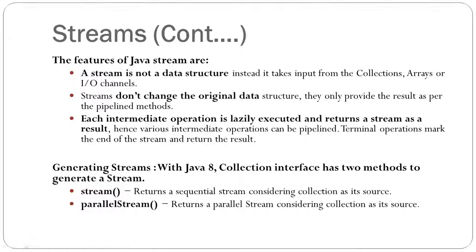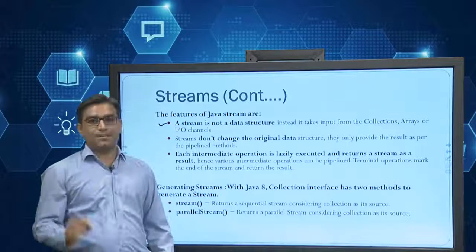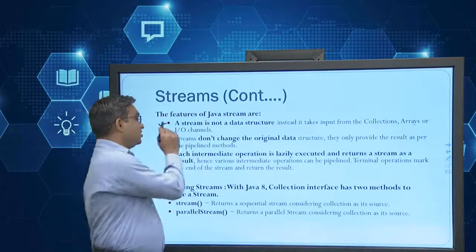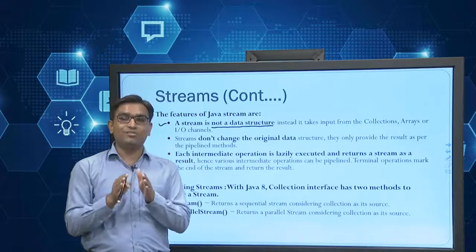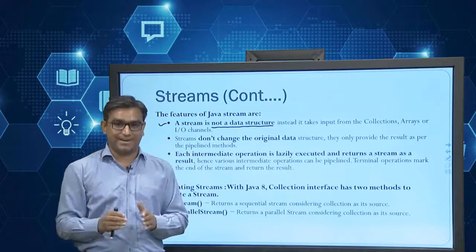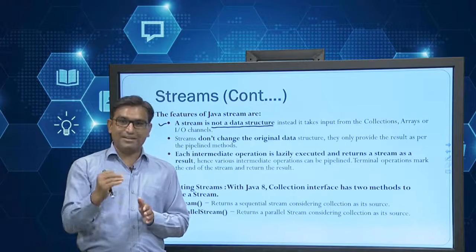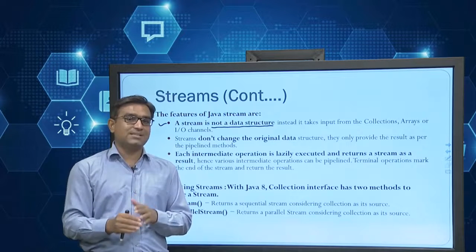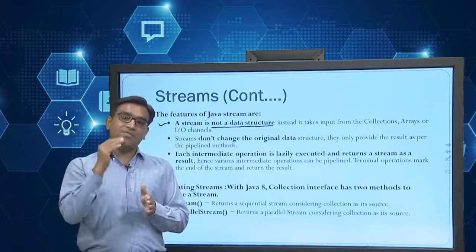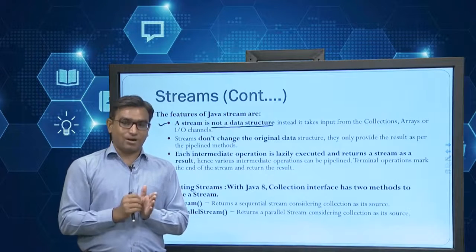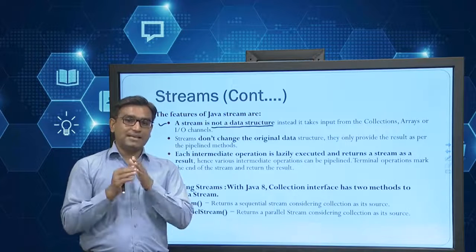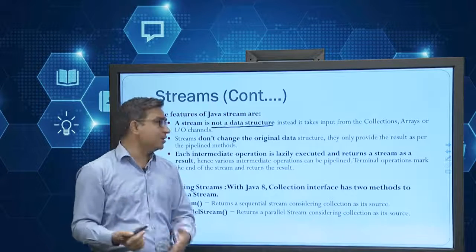Now, what are the features of stream, specifically Java-oriented? Stream is not a data structure. Please guys, remember this thing: a stream is not a data structure. Why? Because a data structure always follows a standard structure, a standard data pattern, a storing pattern, everything. But in streaming we cannot fix that our data should be in the same pattern. We can fix that the data must be in byte format or array format, but we cannot say it's always in the same structure. So structures are always going to vary.